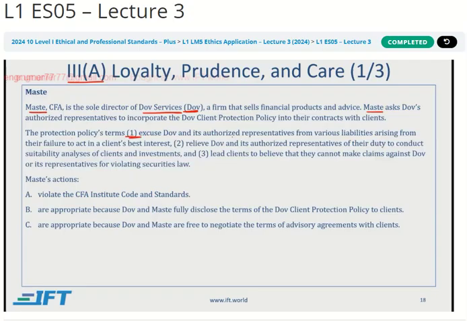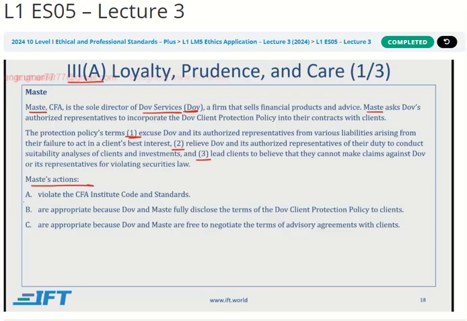Excuse Dove and its authorized representatives from various liabilities arising from their failure to act in a client's best interest. 2. Relieve Dove and its authorized representatives of their duty to conduct suitability analyses of clients and investments. And 3. Lead clients to believe that they cannot make claims against Dove or its representatives for violating securities law.